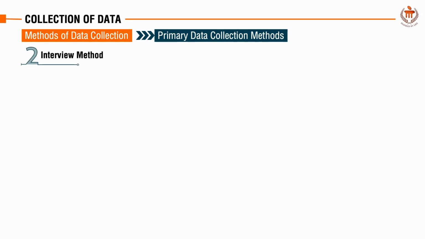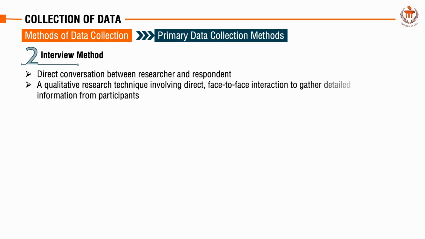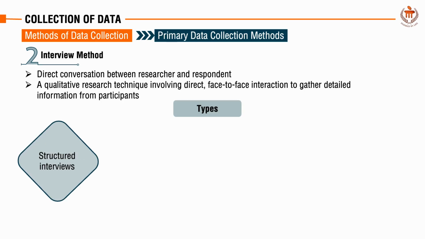Next, talking about the interview method. An interview is a direct conversation between the researcher and the respondent, typically used as a qualitative research technique to gather detailed information. It involves face to face interaction, allowing the researcher to explore the participant's responses in depth. So the types it involves: it can be structured interview, which follows a fixed set of questions,